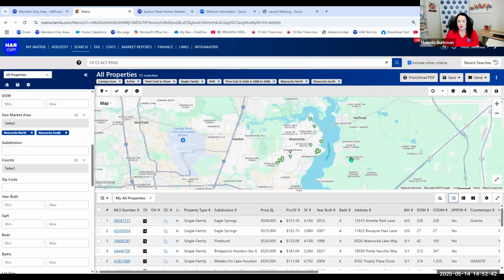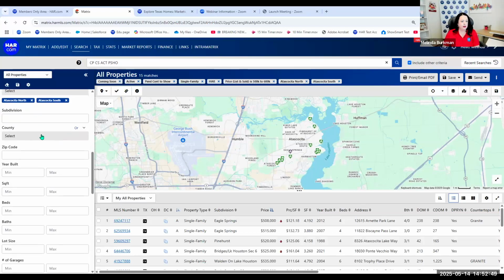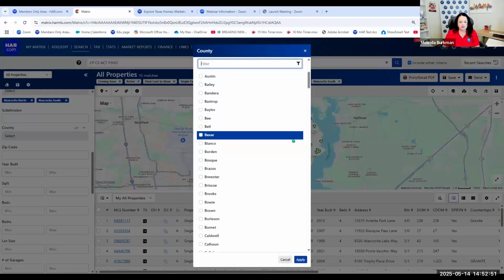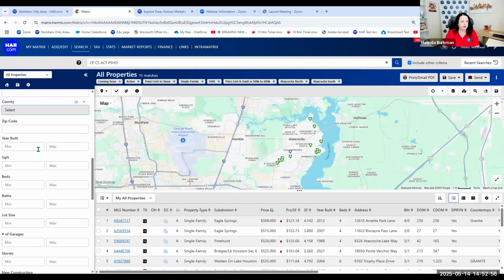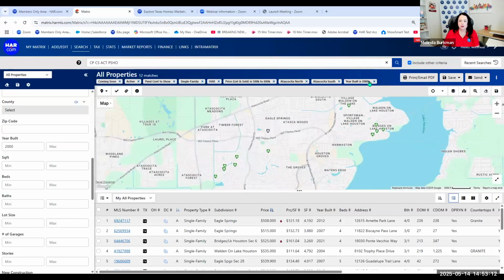All right, I love that the map usually is pretty seamless. It zooms in and out based on your listings, okay? You've got a list of counties, zip code, year built. So if your client has had some older house problems and maybe they only want a house of a certain age and newer, then you could do at least 2000 and up. And then you get your year built 2000 plus.